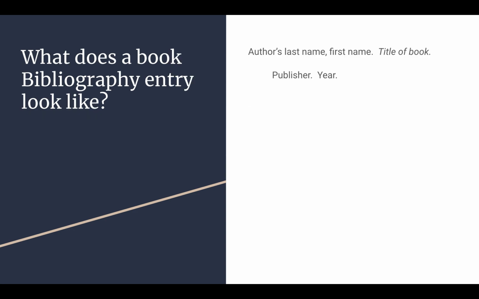So what does a book bibliography entry look like? I have a sample here. Now notice when you get to this side, I had to pull the publisher down here because I'm writing in a column right now, so my word wrap is going to automatically start working because I can't fit publisher in this space. You don't need to stop at title of book if you have more room. I didn't have any more room, which is why my hanging indent is here, and then I'm starting with the publisher there. So here's a sample entry that comes from Part-Time Indian,